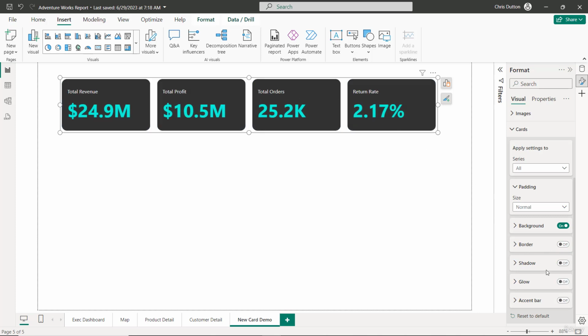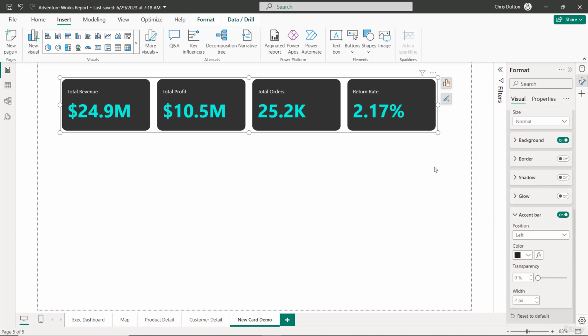Don't really need to deal with that right now. But I do like the accent bar here. So you can do the accent bar on the left, top, bottom, or right. Let's give it that bright blue color. In this case, you can see it pop in the left. I'm just going to add a little bit of width here, maybe 4 or 5 pixels, something kind of subtle